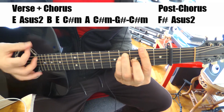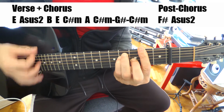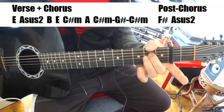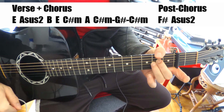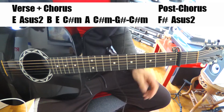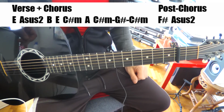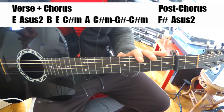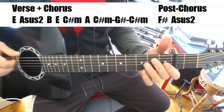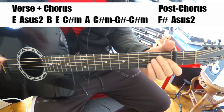F sharp major to A sus2. And then we repeat. And that, my friends, is the whole song. That's all you need to know. So if you're planning on doing this solo, you'll need to figure out the dynamics that you want to use for the